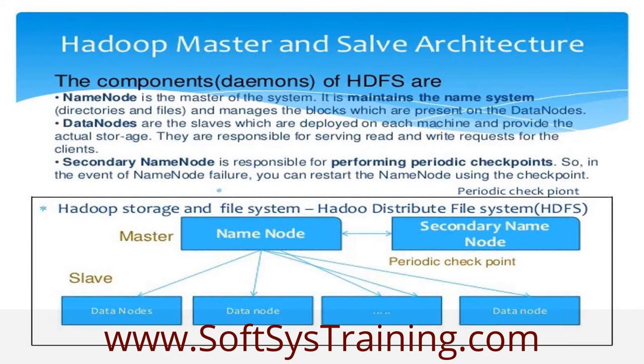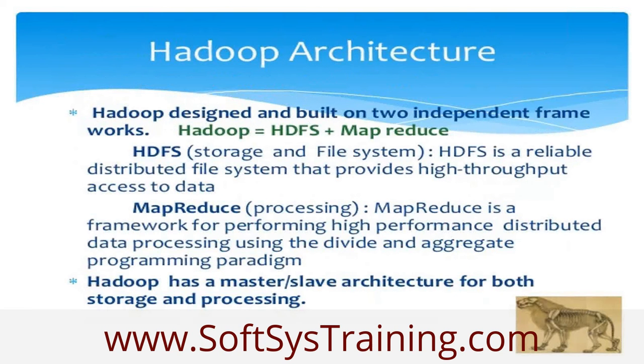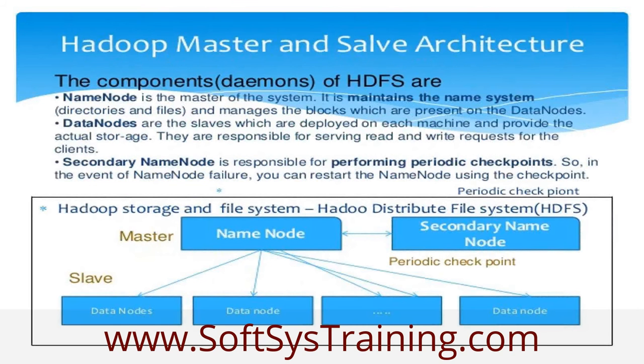Hadoop comes with a master-slave architecture. So one machine will be master and other machines will be slaves. The master doesn't perform any operations. The master just keeps the metadata information about the complete cluster,